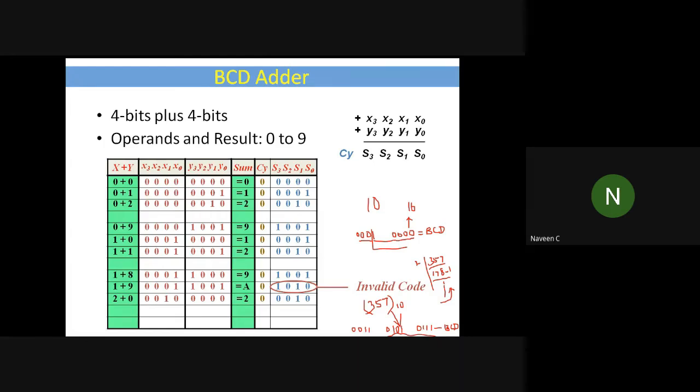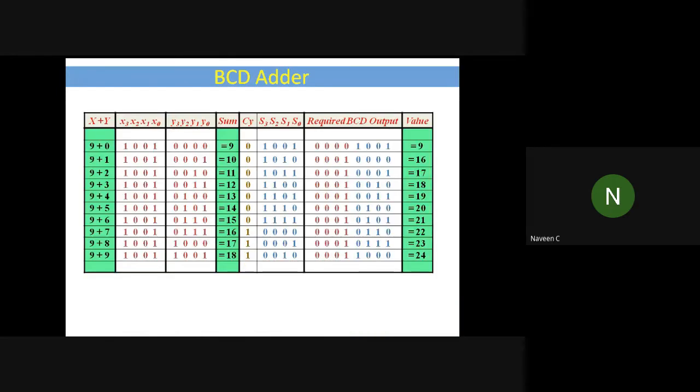Easily, because whatever adders we have seen before are all binary adders. Binary adders only we are having. So using the same binary adder, now I need to perform the addition operation of my BCD adder. So there should be some logic to convert it. That logic only we are going to see.